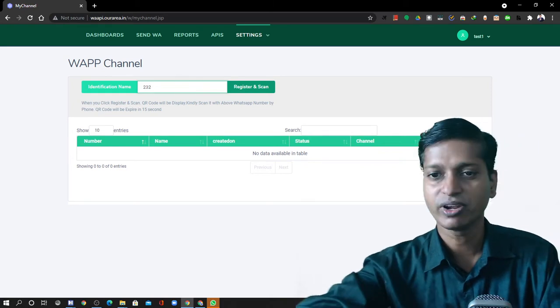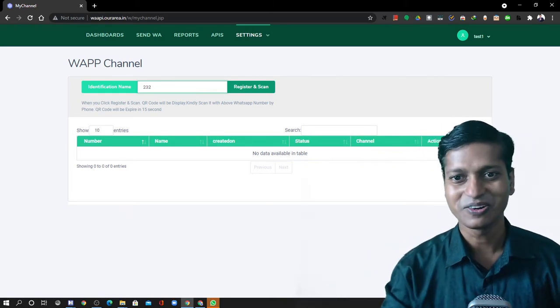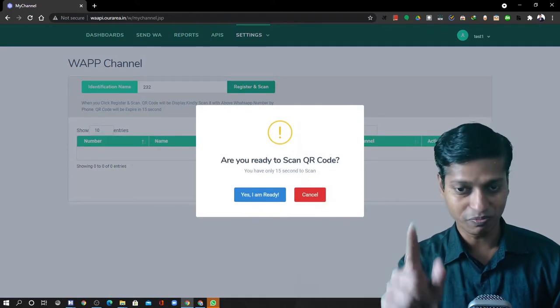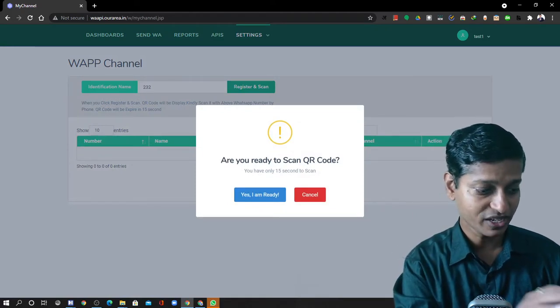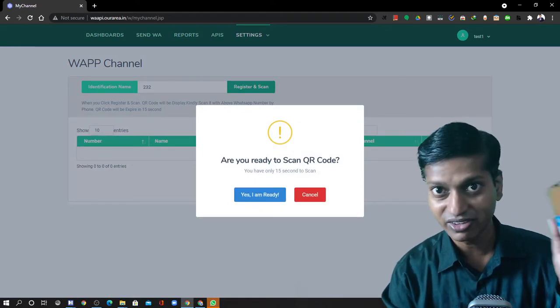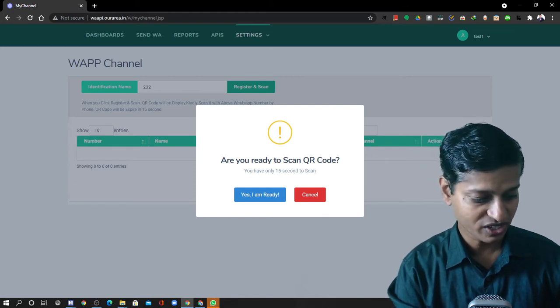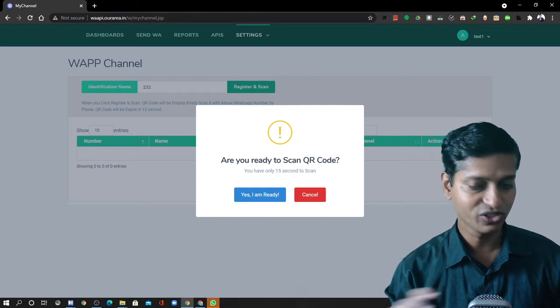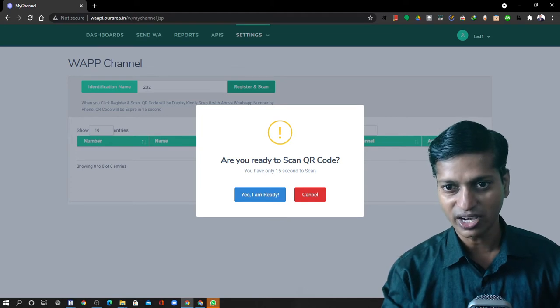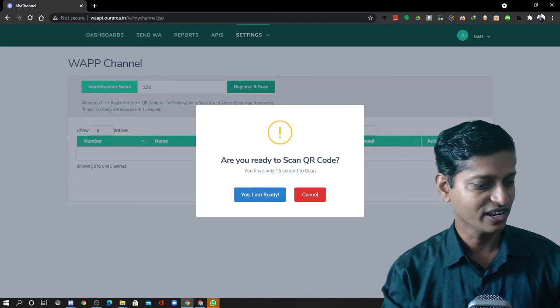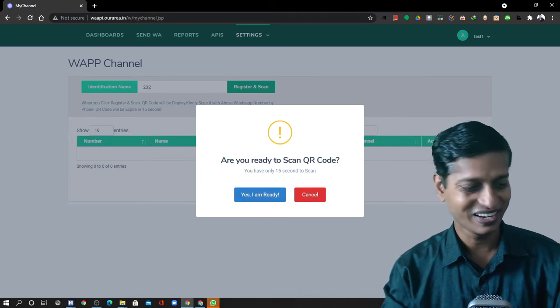Now I'm going to take my mobile also with me. Whenever you are ready, make sure you are ready with your mobile also. So are you ready to scan? Okay, I'm ready.